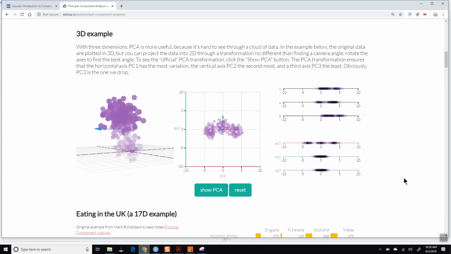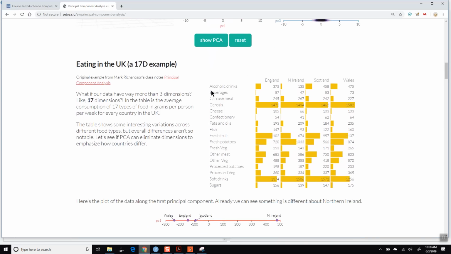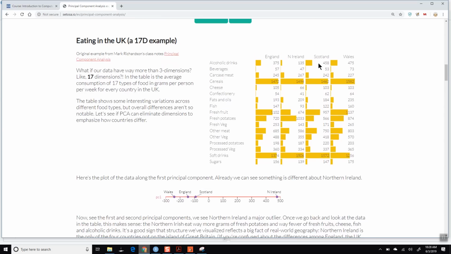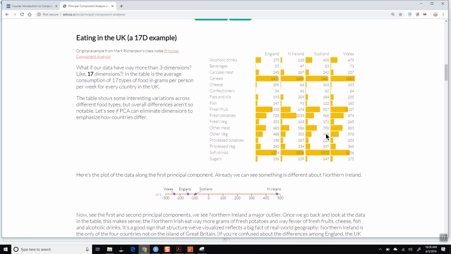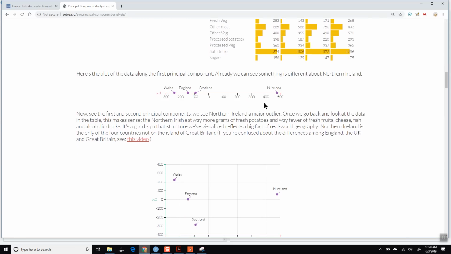So you've got different things here. This is another example where they've got a 17-dimensional data set, and this is what the original data looks like. If they project it down into 2 principal components, what we see is that in one direction, regarding one of the principal components, Northern Ireland is vastly different from the other 3 regions of the United Kingdom, Wales, England, and Scotland. And upon closer inspection of the data, the primary difference that gets detected is how much food they consume, and it seems that in Northern Ireland, the amount of fresh potatoes they eat is much greater than the other 3 regions of the United Kingdom. And that seems to be a significant contributor towards its outlying nature regarding the